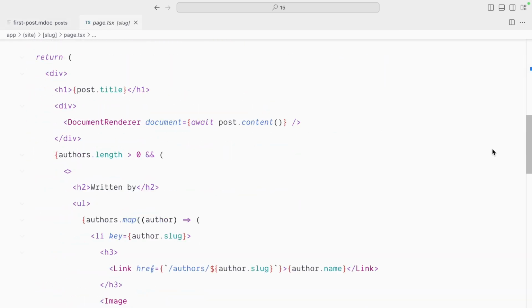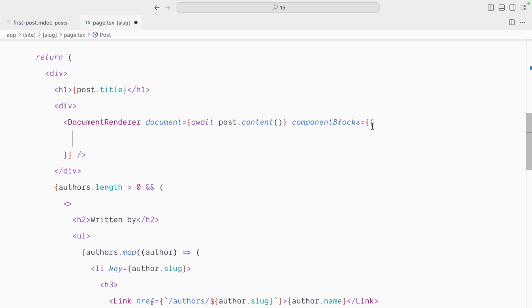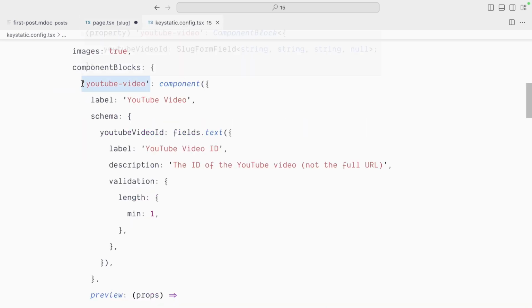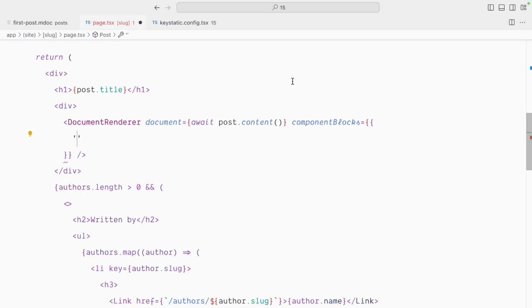And if I scroll down, you'll see that our post is rendered with the document renderer. We're passing our content to this document renderer, but before any custom component blocks show anything, we need to define them in the component blocks prop for the document renderer. So this is an object. And for each component block, we'll need a key that matches the component block name in the Keystatic config. In our Keystatic config file, we created the YouTube video component block, and therefore we'll need a YouTube video key